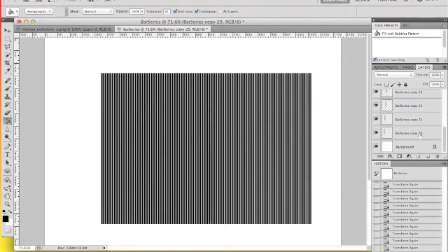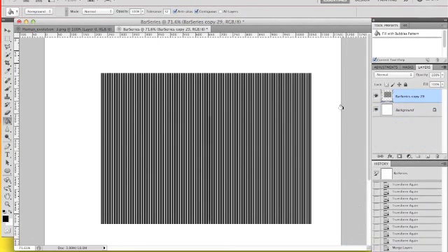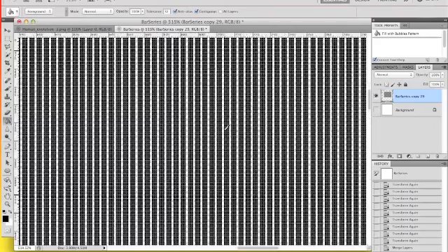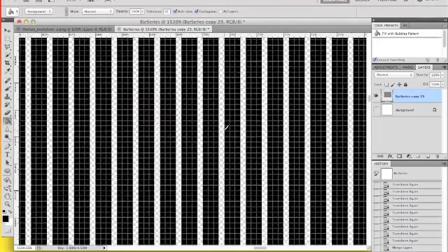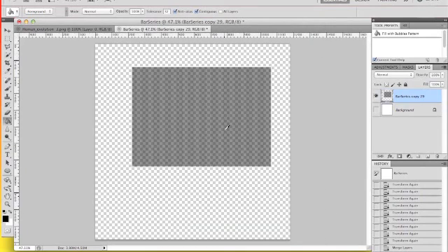So now I'm going to merge all these layers again, just because we want it to be one consistent layer. So all the layers are merged. Now they're together and we have a bar series. Now if we remove this background, you'll notice that in between the bars there's actually nothing. It's just the background color, which in this case is these tiled squares. So what I'm going to be allowed to do with this layer is actually move it